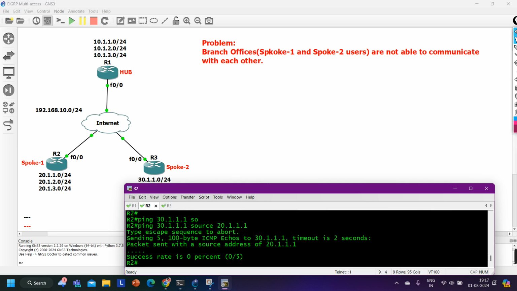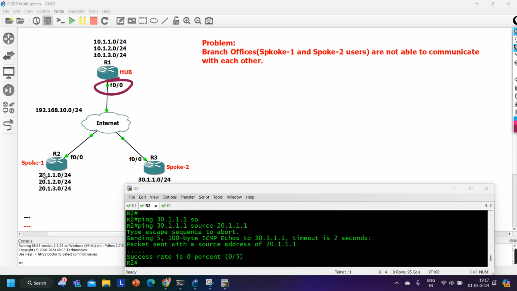Guys, in the last video also we discussed how to troubleshoot a routing issue. In the same topology, in the last video we had fixed the issue of split horizon. Like on router number 1, split horizon was enabled. Because of that, the hub router was not advertising branch offices' prefixes to remote routers, like to branch routers. What I am saying, if split horizon is enabled on this interface, then what will happen? Router 2 will advertise this subnet to router number 1, but router 1 will not advertise those to router number 3, right? Because it will not send the same update message out of the receiving interface. This is the rule of split horizon,